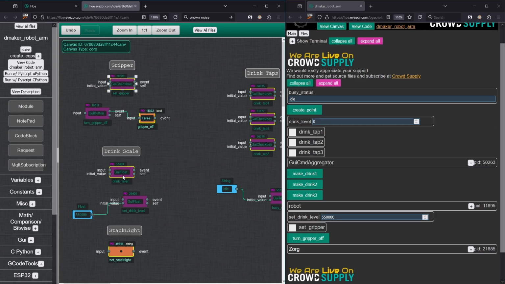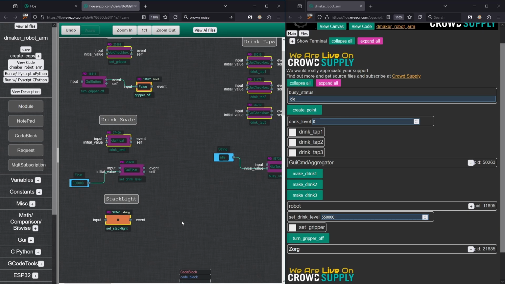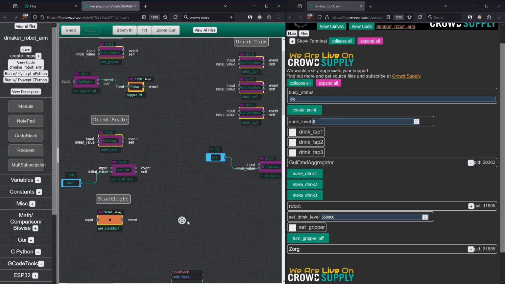We have this GUI float of the drink level here. This is going to be our subscription to the scale itself. And again, in a moment here, we will show you what's above this one. So every time that you see yellow here, it means that we are taking this parameter and sending it up to the next level because we have a bunch of different boards around that are all communicating. So again, this is meant to be just a quick overview, and we'll dive deep into some of the other ones